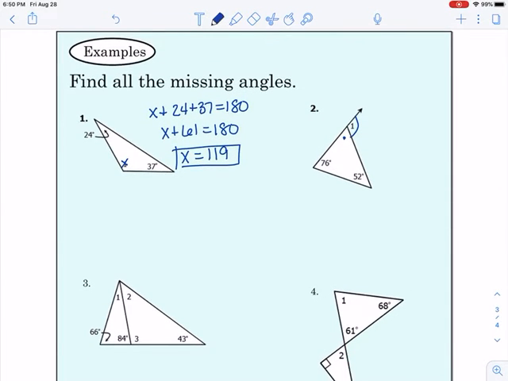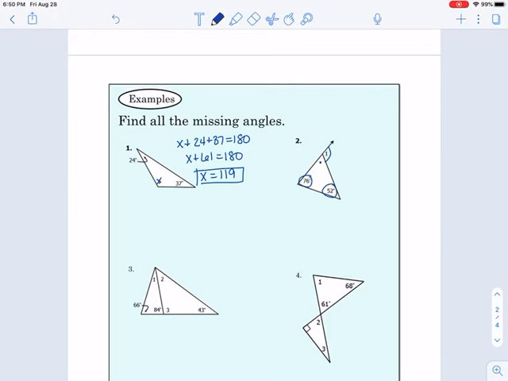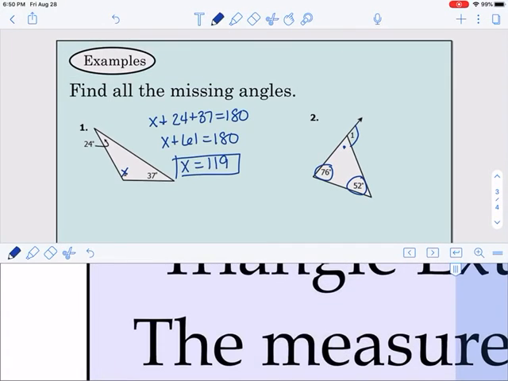So the exterior angle theorem says that, again, the sum of the 2 remote interior angles, so the ones that are not touching that exterior angle. So if I take 76, 52, add them together, it should give me the